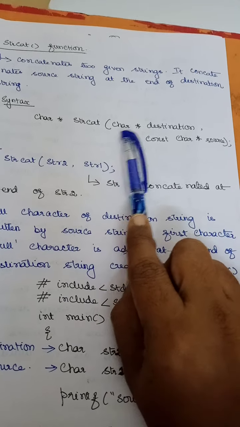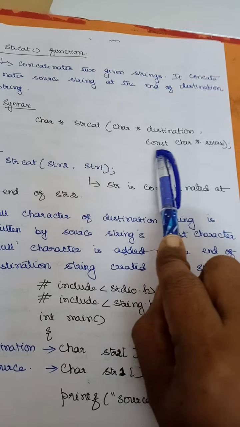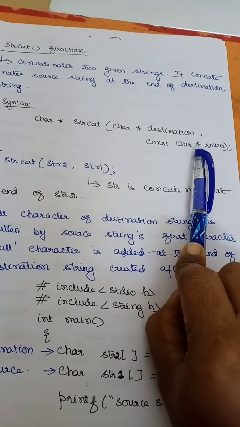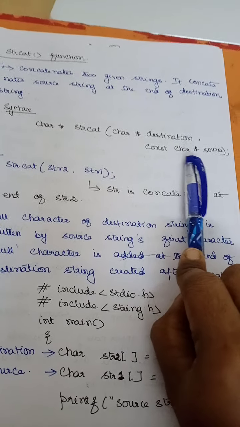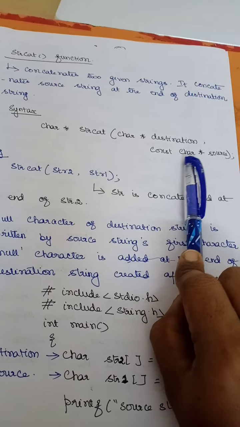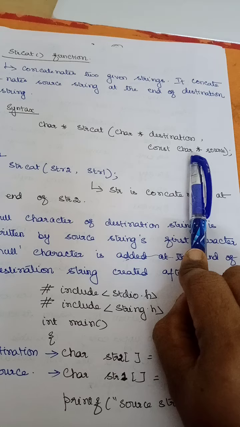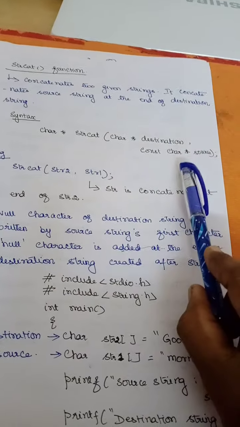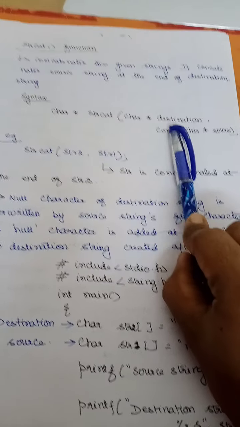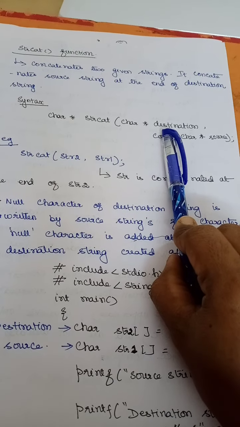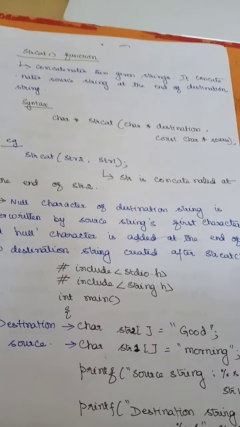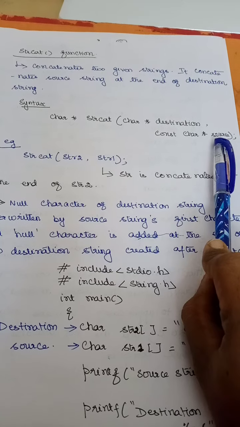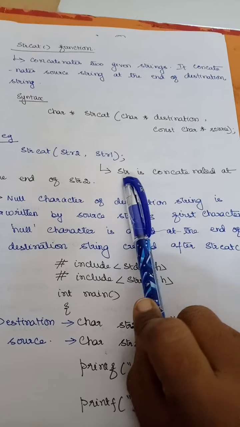No need to worry about this char star and the const, right? Const, you know, means it is going to be a constant one. So the char star you need not worry about. It is a pointer to a character, which we need not discuss now; we'll move on to it when we come to pointers. So just see that it copies the source to the destination. At the end of the destination I have a null character, and to that null character I am going to attach my source, right?